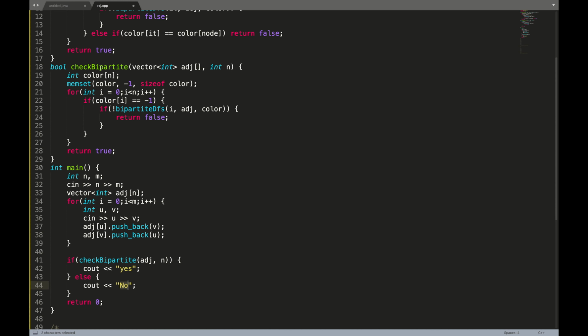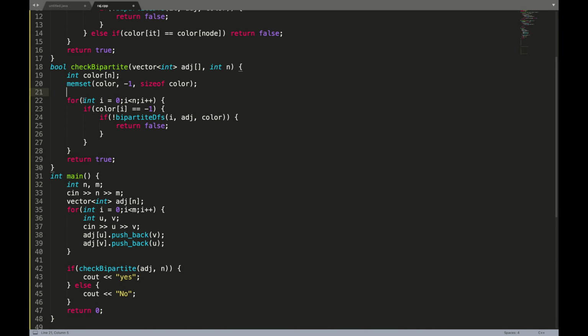Now you know that we will be requiring a color array. So what I've done is I've made sure that it is initialized to -1 completely. Memset is an STL function which will do that for me. Right after that, I know a graph can have multiple components, right? So this is how you check for multiple components. Remember the cycle check class. So in that video, I've told you to traverse from i equal to 0 till i lesser than n, and if it is not visited, so I can say if it is not colored, that is equivalent to saying not visited. So if it is not visited or not colored, that means it has not been visited.